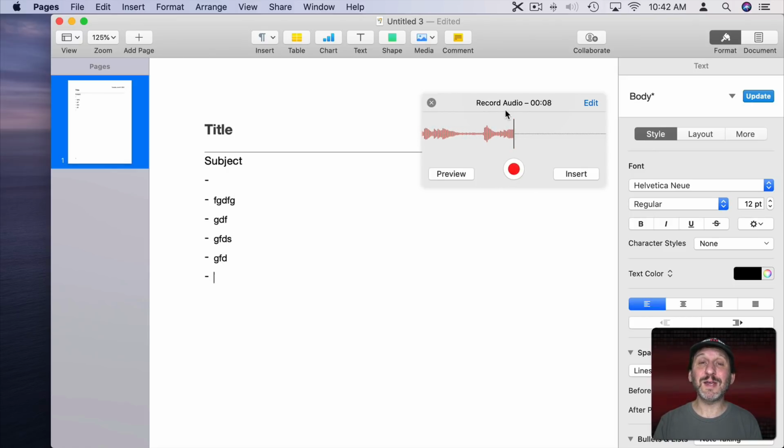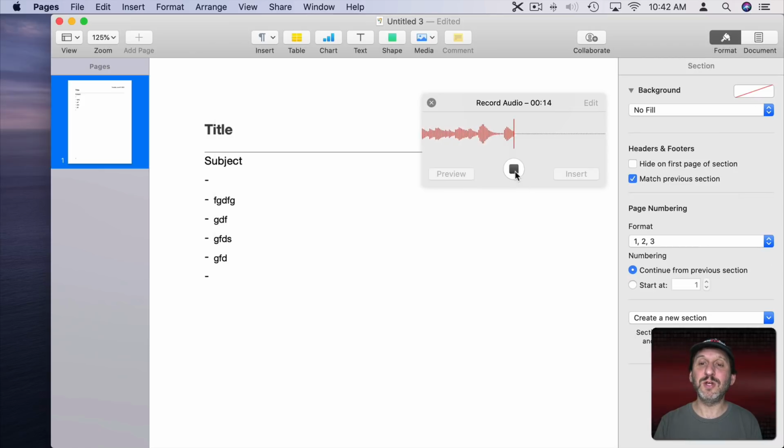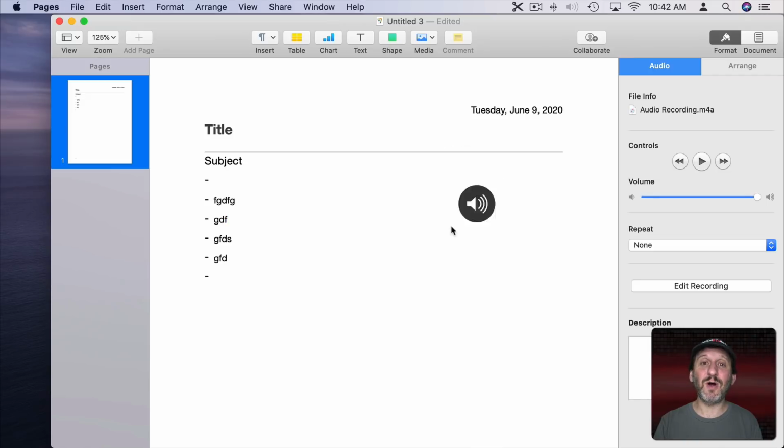Now the cool thing is after you hit Stop you can hit Record again and it picks right up. So if you're in a meeting or a lecture where things start and stop a lot, you can not have all of that blank space recorded. You can also go to Edit here and you can edit this down, even listening and previewing different sections. Or you could trim things, and when you're done with recording hit Insert and it becomes this little audio element